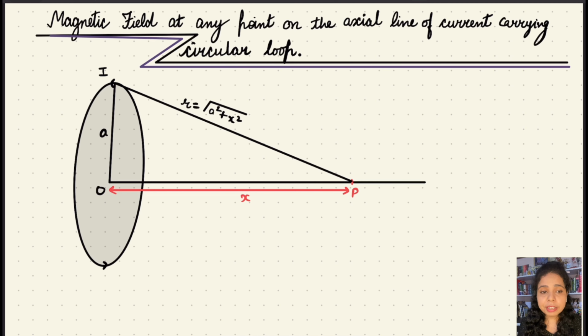Now we need to find the direction of the magnetic field which is produced at point P due to current element I dl. So if we apply the right hand curl rule, that is, according to the right hand curl rule, if we place the thumb of our right hand in the direction of flow of current and we curl the fingers, then we will find that the fingers are pointing in the upward direction. That is, the small magnetic field produced by a small current element I dl will be pointing in this direction, as it is shown in this picture.